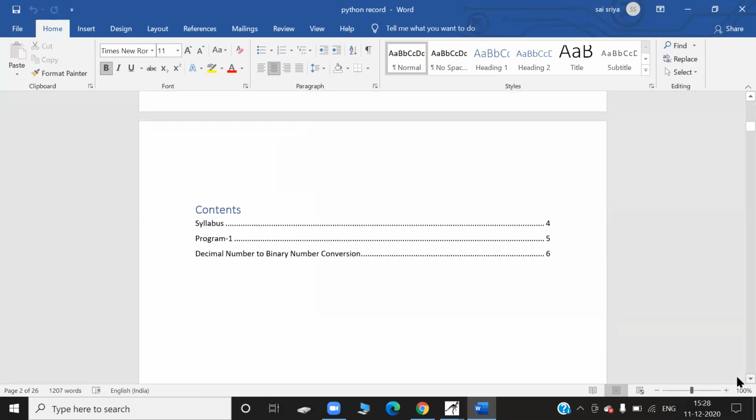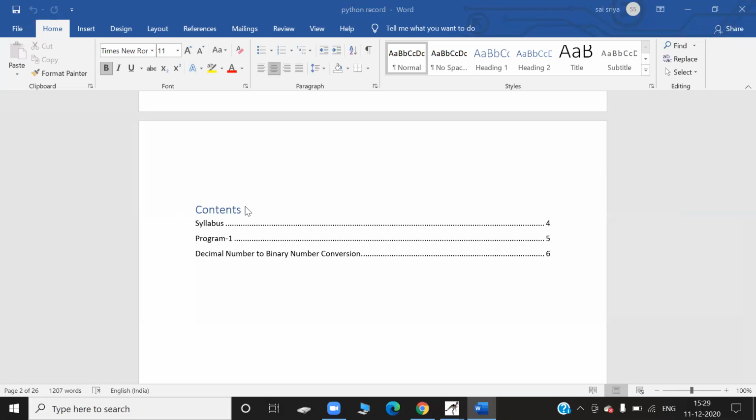In the template which I have provided, these are the contents. If you keep the mouse on that, you can see a small cement color box surrounding it. Wherever you have created a new heading, it will be added into these contents and the page will automatically be given.